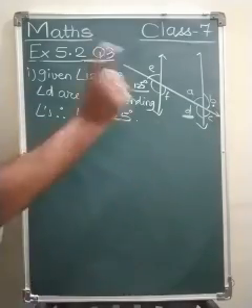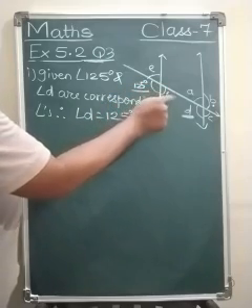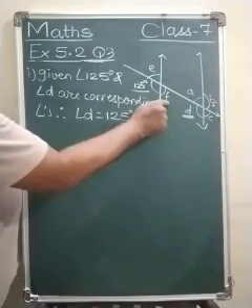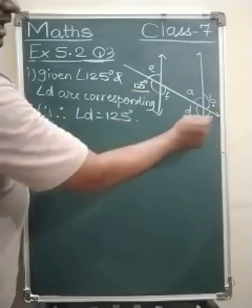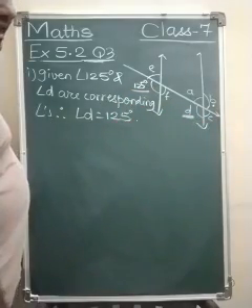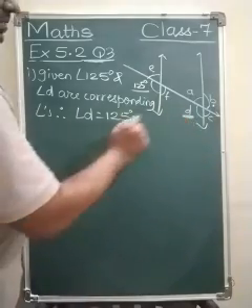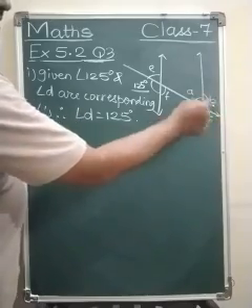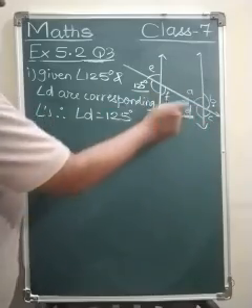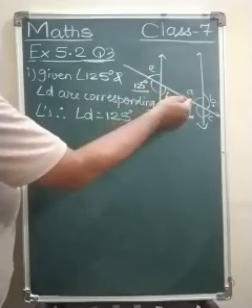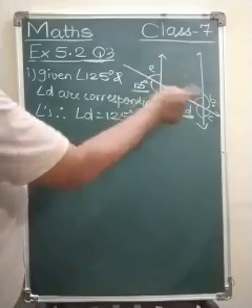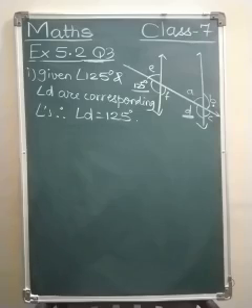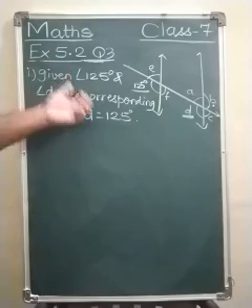So I have explained once again. 125 and D are corresponding angles, therefore D equals 125. D and C are forming a linear pair, so 180 minus 125, you will get C. D and B are vertically opposite, so both are equal. C and A are vertically opposite, so both are equal. A and E are corresponding angles, hence equal. E and F are vertically opposite angles, hence equal. Same way you have to find in question number 4 also.